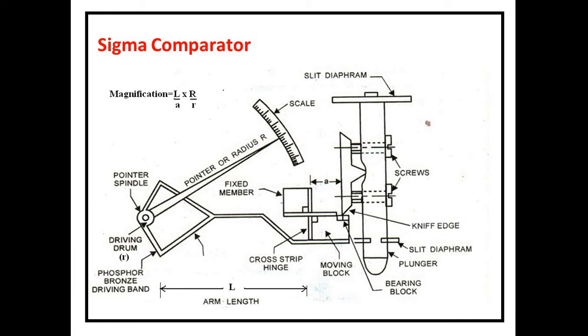So what is done? Whatever tolerances are there, depending upon that, one master gauge is prepared, one master workpiece is prepared, and that master workpiece is kept here, and the dimension of this master workpiece is set as 0 here. Now the next objective is you remove the master piece, and by removing the master piece, you insert the component to